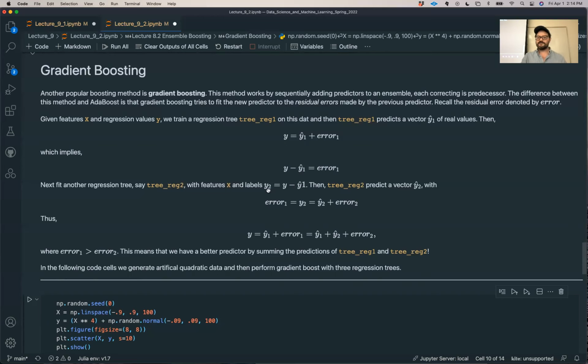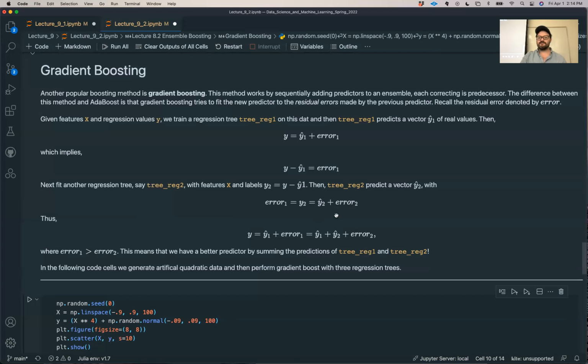So then we set Y2 equal to Y minus Y1. That's the errors, right? And then train a tree with those targets. And that tree will make predictions Y hat 2. So then error 1 is equal to Y2,